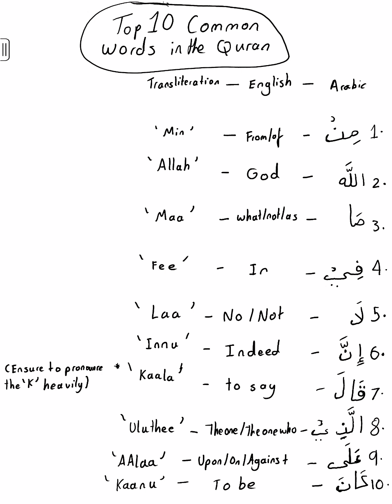Okay, word number 8, really, really common. You'll see it oftentimes at the beginning of the verse. It means the one or the one who. It can be used to refer to Allah, or sometimes it'll be used to refer to the believers, the disbelievers, but it's used very often. So for example, in Surah Mulk, الَّذِي خَلَقَ سَبْعَ سَمَاوَاتٍ. So the word, the one who, خَلَقَ means create, سَبْعَ سَمَاوَاتٍ means 7 heavens. So the one who created 7 heavens. So you see in this verse, it's being used to refer to Allah.